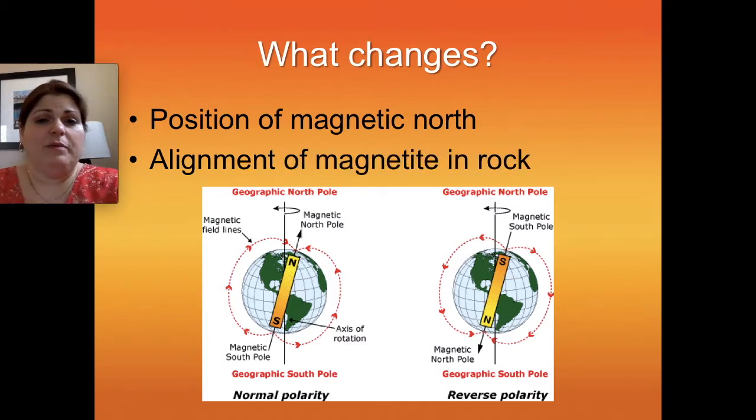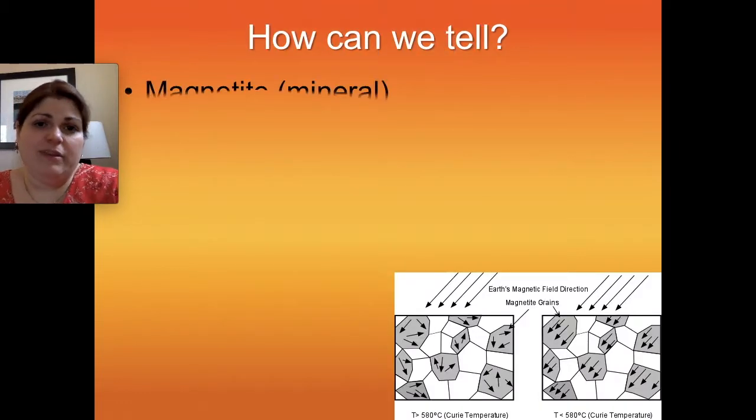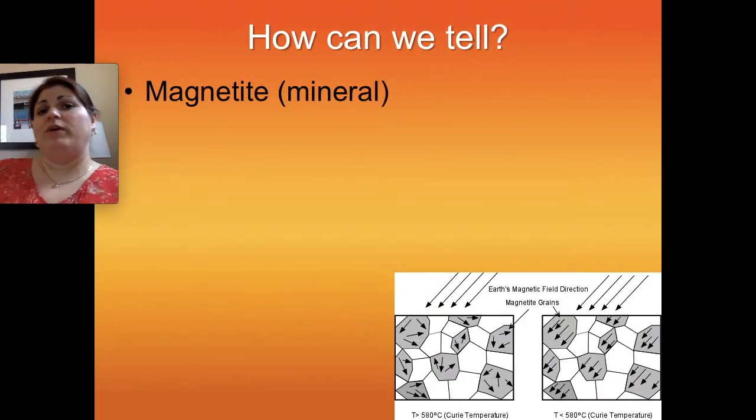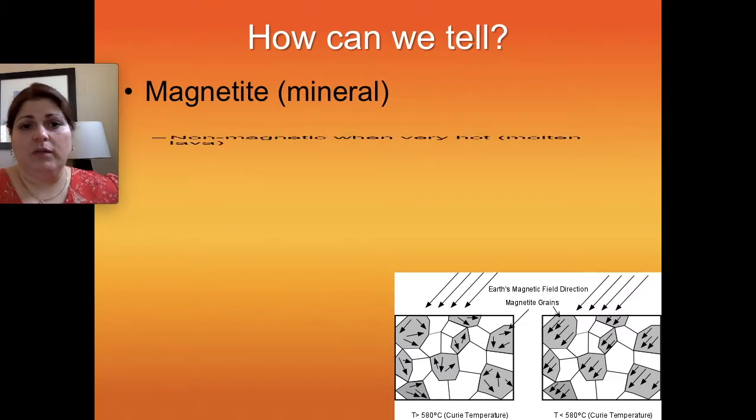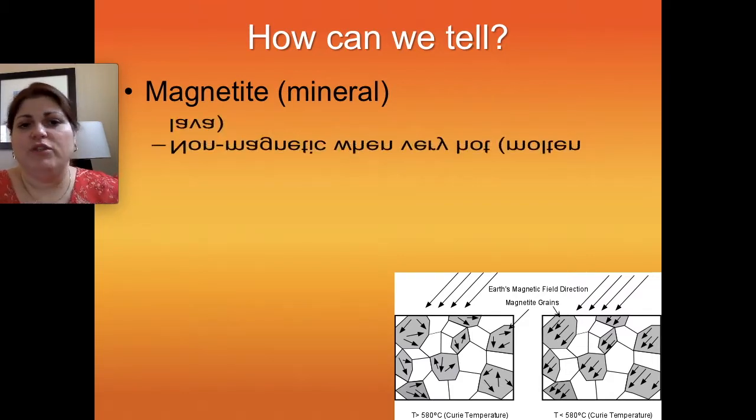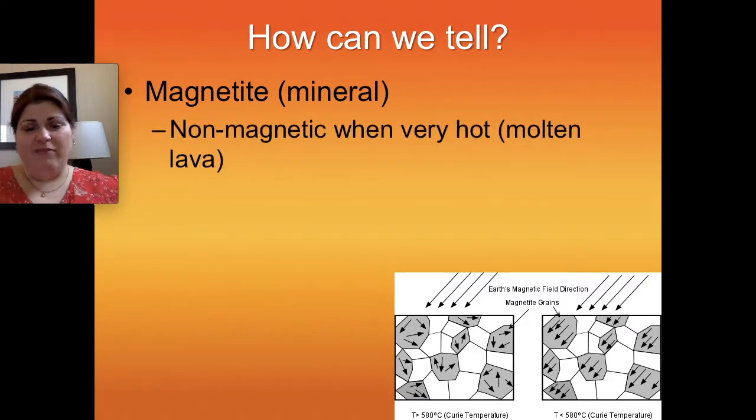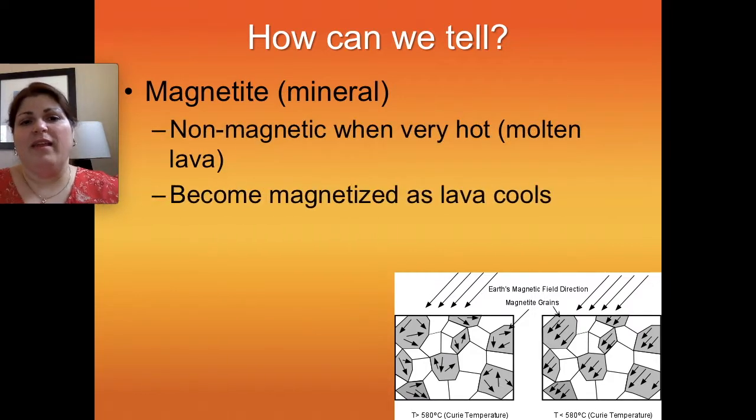We can see that from rocks formed in the past by looking at the magnetite in the rock. Recall that magnetite is a mineral that's magnetic. However, at really hot temperatures, when the mineral is completely molten, it's not magnetic. So we can only see the magnetic effect of magnetite in rock when it's cooling. When the magma is cooling, the magnetism of magnetite aligns parallel to each other, as you see in this right picture. And so during the time that it's cooling, not after it's fully cooled, not when it's completely lava, but the time when it's cooling, so in other words, the time the rock was formed,